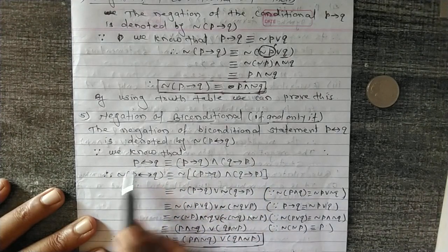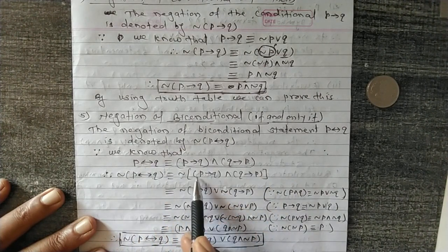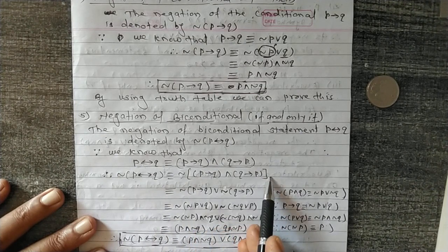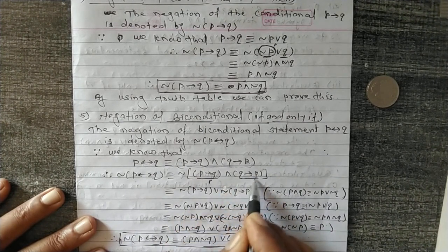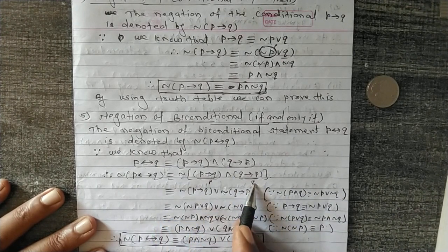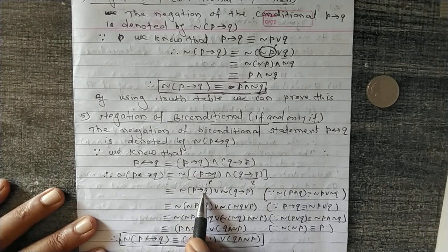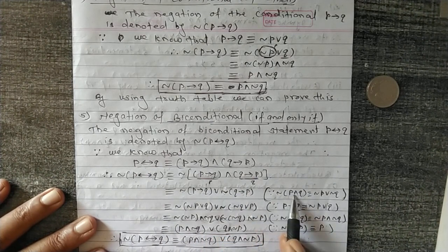Now you can take the negation of both sides, that is negation of P biconditional Q is equivalent to negation of RHS, that is P conditional Q conjunction Q conditional P. Now suppose this is P and suppose this is Q. Then RHS becomes negation of P conjunction Q. Then by using the first rule, it can be written as negation of P, that is the first bracket, disjunction negation of the second, that is Q. Now Q conditional P. Now the reason is since negation of P conjunction Q is equivalent to negation of P disjunction negation Q.